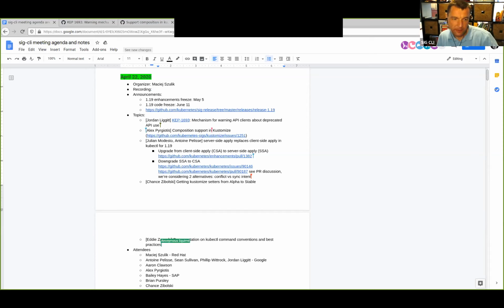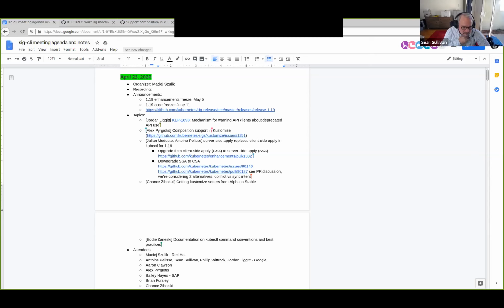We actually talked about something similar with regards to warning about you're running a more than supported skewed version of kubectl. Sean was proposing that last one. So if you're running kubectl 2 versions apart from the server, you would get a warning in a similar fashion. So yeah, the proposal is a mechanism and then an initial use for deprecated APIs, but the mechanism would be usable for lots of other things in the future.